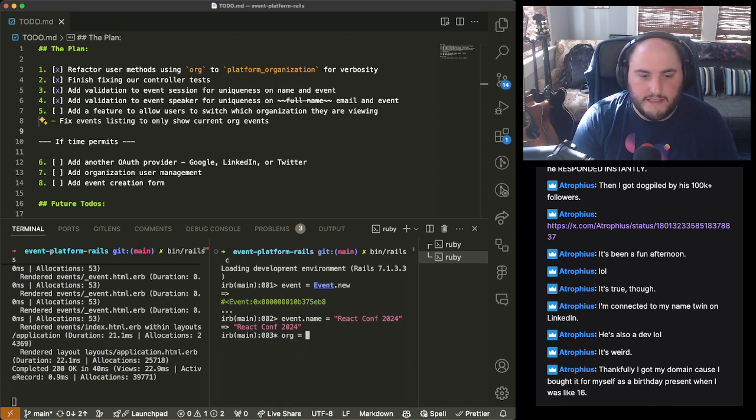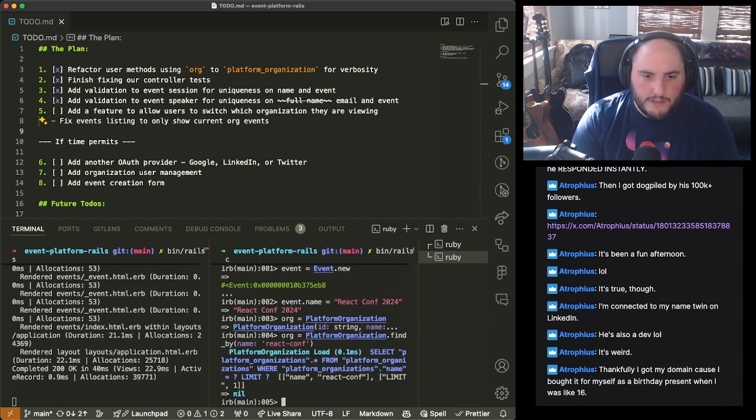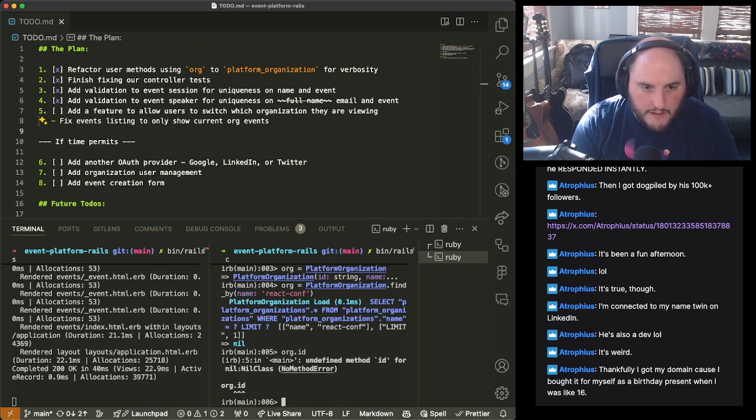So org is platform organization, find ReactConf. That didn't work, because it's find by name is ReactConf. Did that actually give me an org with an ID? No, it didn't.